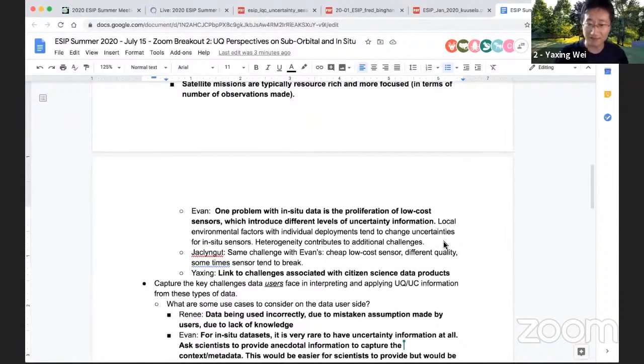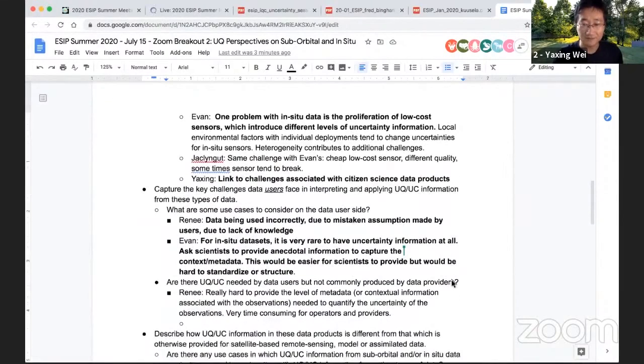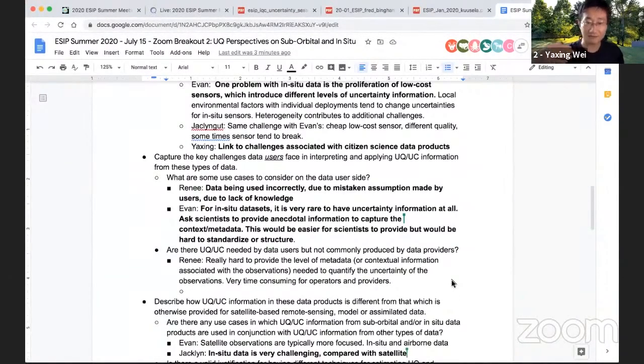And we also linked that to challenges faced by citizen science data products, uncertainty quantification, and characterization. And then coming back to the user's perspective, we